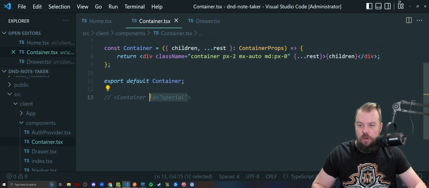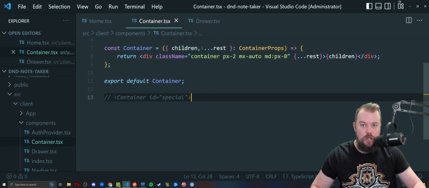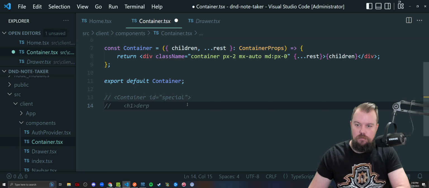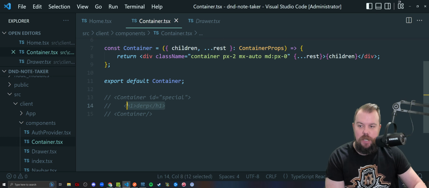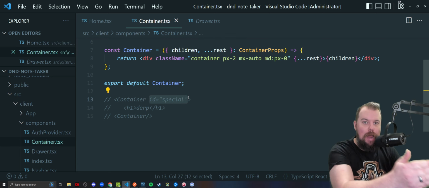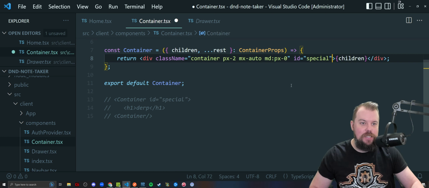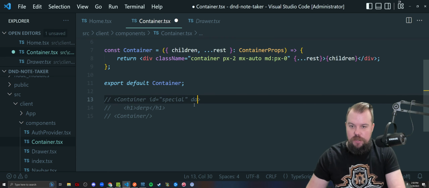So it'll basically take the rest of the props, because right now .rest represents everything else I have that I haven't specifically named yet or haven't destructured. So children, aka whatever this is wrapping like that, for example, container. That right there is props.children, which we have destructured. And then .rest would represent whatever the rest of the props that I haven't specifically referenced or destructured yet. So basically, it would take that, and in place of rest, it would apply ID equals special when I render it in this fashion. Now, that's also cool to know, because then you could do